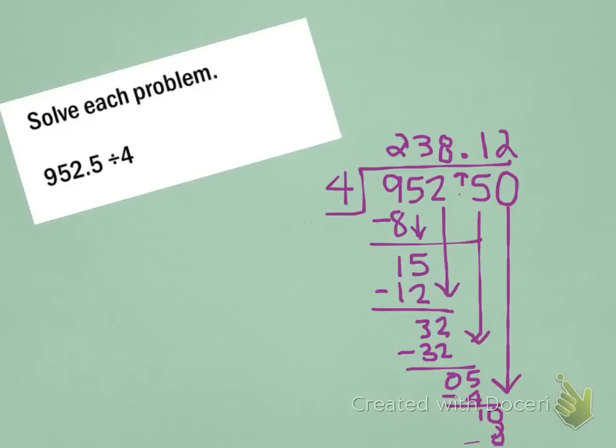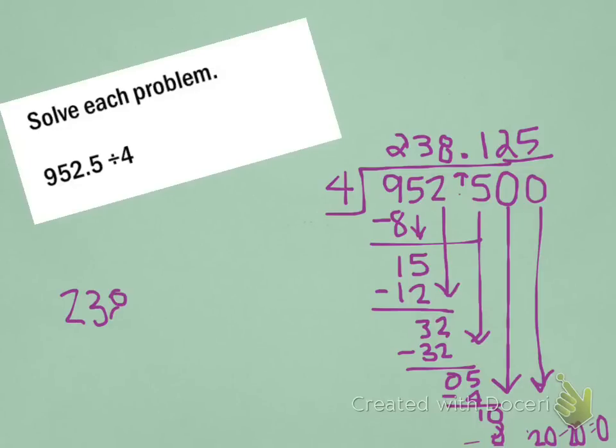I ran out of room. There's a 2 left over. So, again, we add a 0 underneath. Bring it straight down. 4 goes into 20 5 times. 20 minus 20 equals 0. So our final answer is 238 and